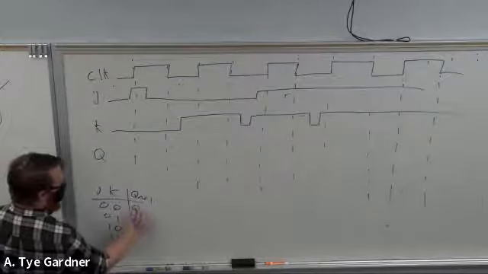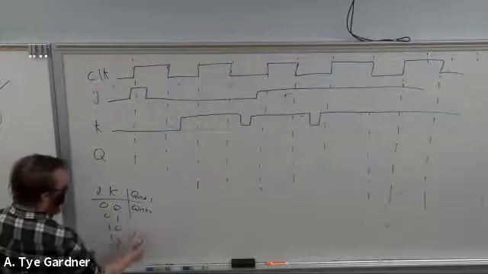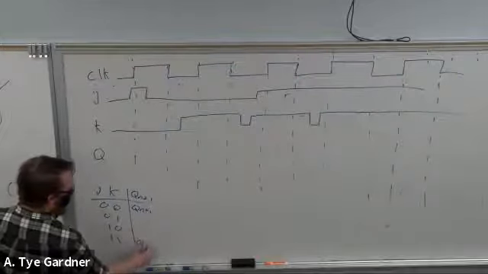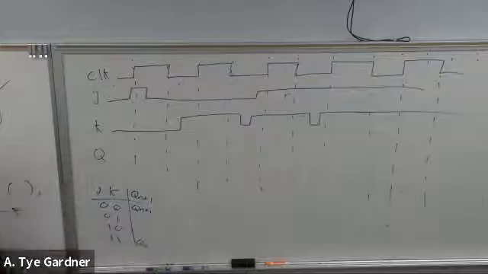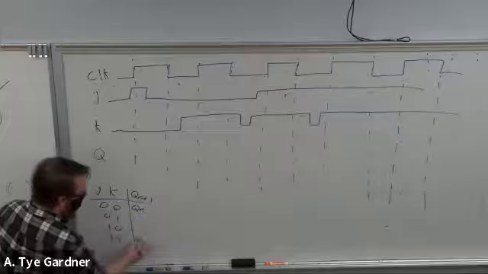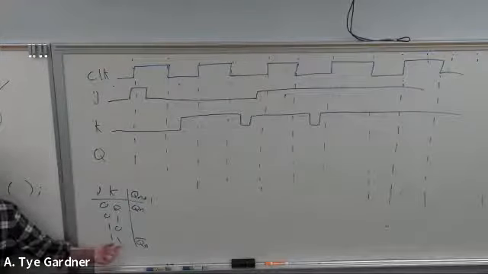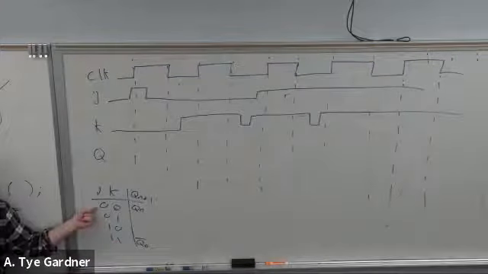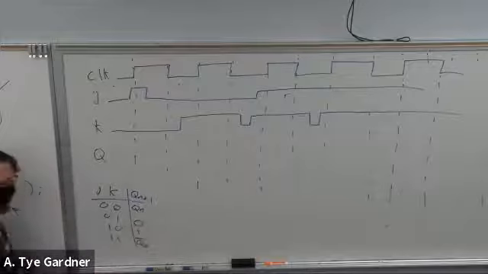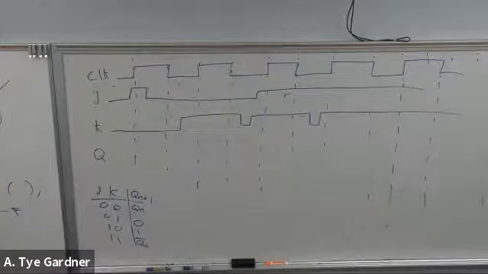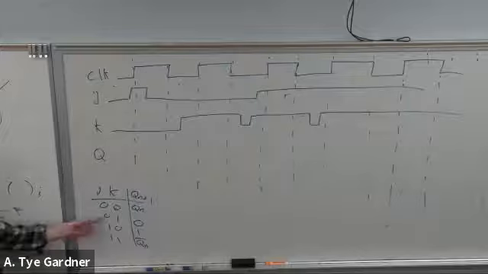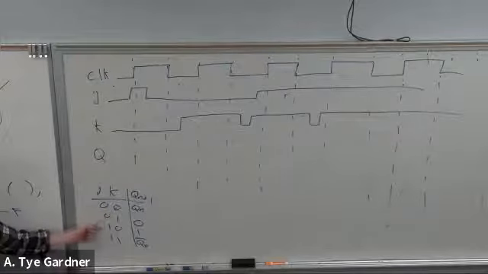if we're 0, 0, we're Qn. For 1, 1, we're Qn bar. Wait, no, sorry, it's the other way around. We're Qn and Qn bar. There we go. Right. That holds, that toggles. And this one counts up. Okay, so that means just K is reset and just J is set. And now,